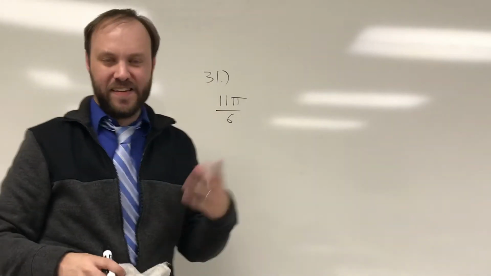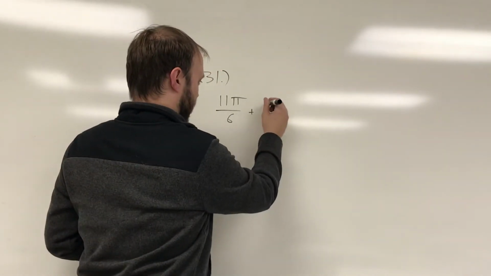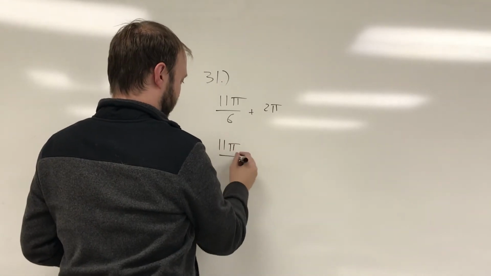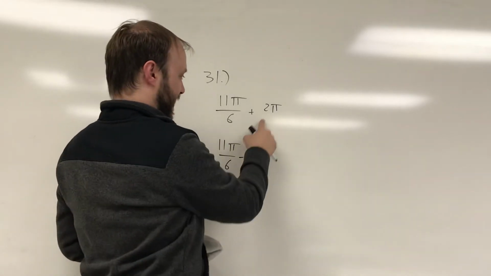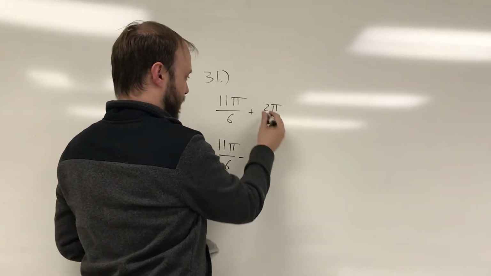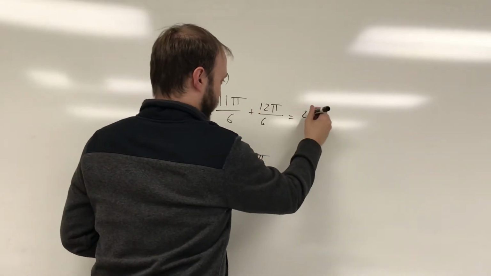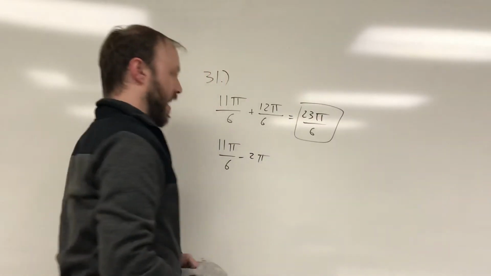And you could do it as that. But again, I would just do it straight with radians, okay? So 2 pi radians could be added to that, or 2 pi radians could be subtracted from that. Again, you probably want to turn this into sixths. 2 is the same thing as 12 sixths. So you have 11 plus 12, that's 23 sixths pi, or usually you write that as 23 pi over 6,